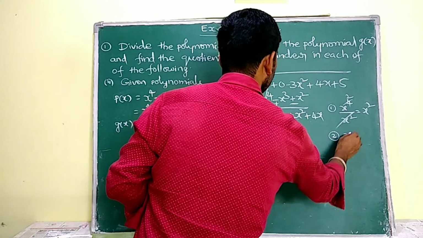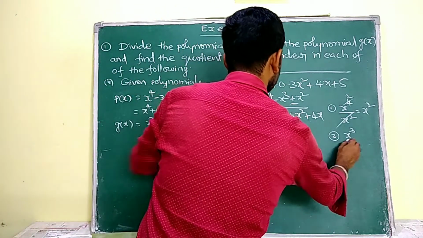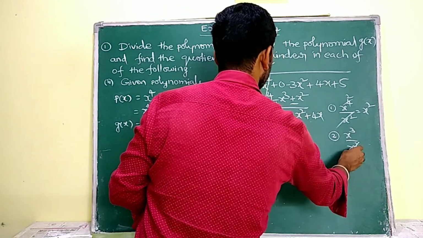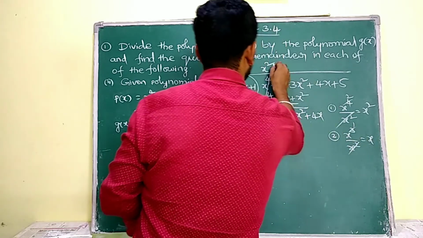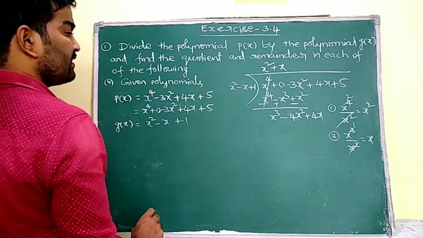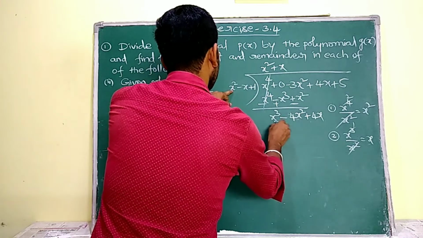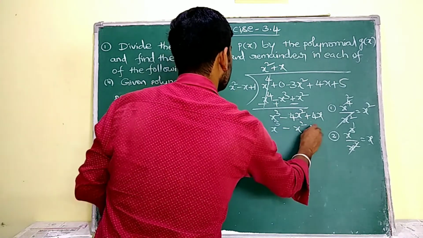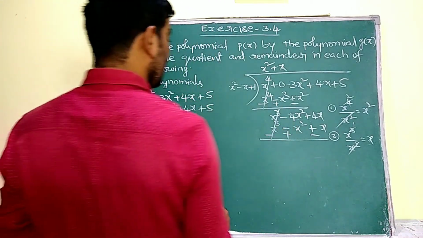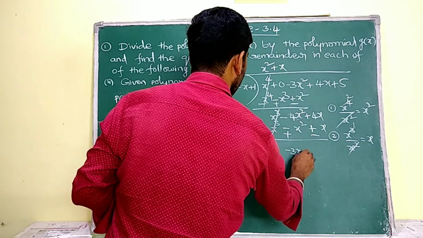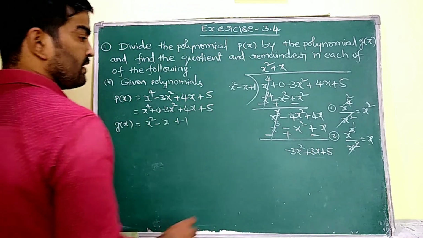Coming to the second term, here the first term is x cube, but in the divisor the first term is x square. So in the x cube, 2 x's are going to be cancelled. Then 1 x is going to be left. That plus x is our second term of the quotient. Now see, with that plus x I have to multiply the divisor. So x cube minus x square plus x. So minus plus minus, here the x cube terms are going to cancel. Here it is minus 3x square plus 3x. I have to carry that constant plus 5.